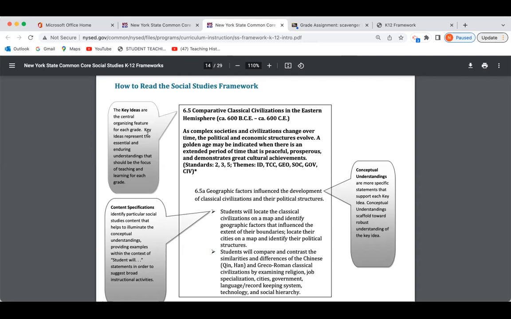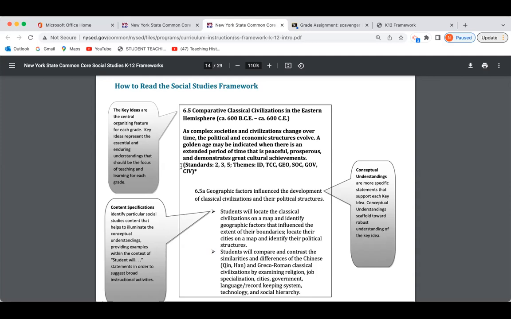Then the key idea is stated as complex societies and civilizations change over time, the political and economic structures evolve. A golden age may be indicated when there is an extended period of time that is peaceful, prosperous, and demonstrates great cultural achievements. So this is the stated key idea